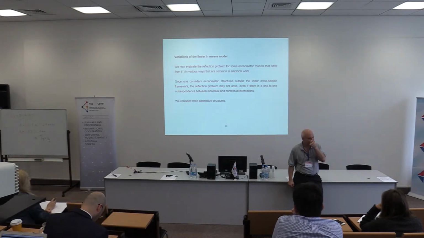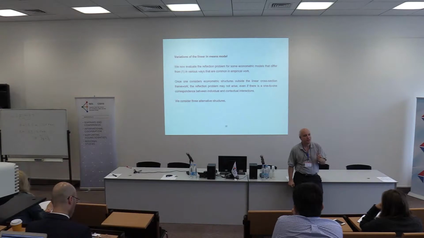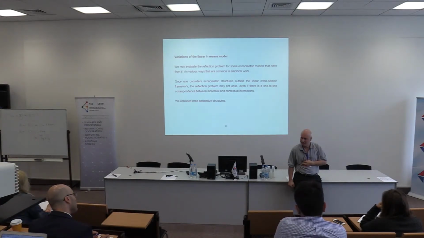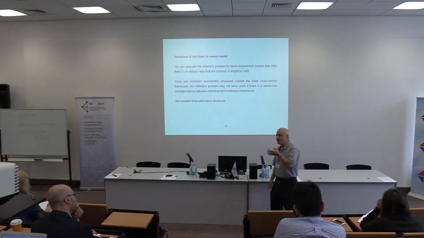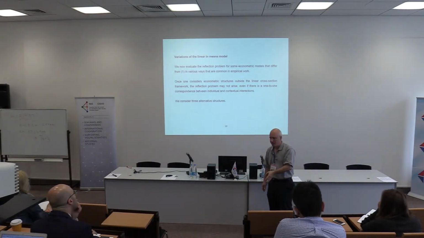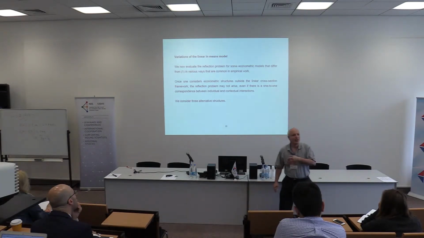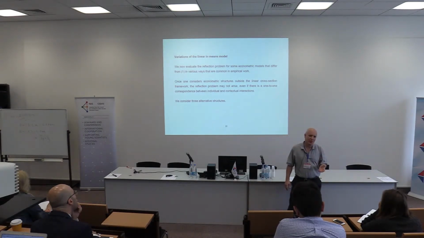What I want to do now is ask the following question. Suppose I consider models other than the linear in means model. Does identification change? Where I want you to be is not happy or sad in terms of identification. What I want you to see is identification, in this case, was contingent on prior information, just as identification in any linear simultaneous equation system is contingent on the assumptions you make about the regression coefficients, about the model coefficients. No assumptions, no identification.